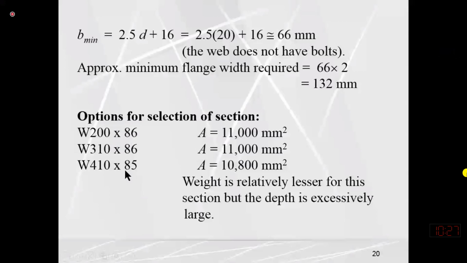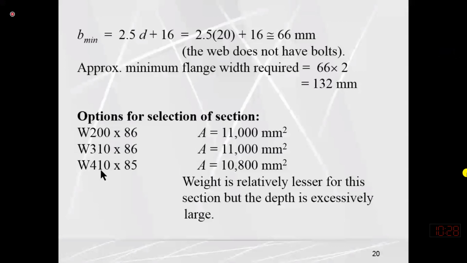So actually what happens is, if this is the nominal depth and all these sections have almost the same area, if the depth of this section is larger, it means that its flange or web will be thin. So if the depth is larger, then the width of this section will be lesser. So it may have very less moment of inertia about the y-axis, but moment of inertia about the x-axis will be more. And also if I am selecting a section with larger depth, its flange width may be less than B minimum, or half flange width will be less than B minimum.